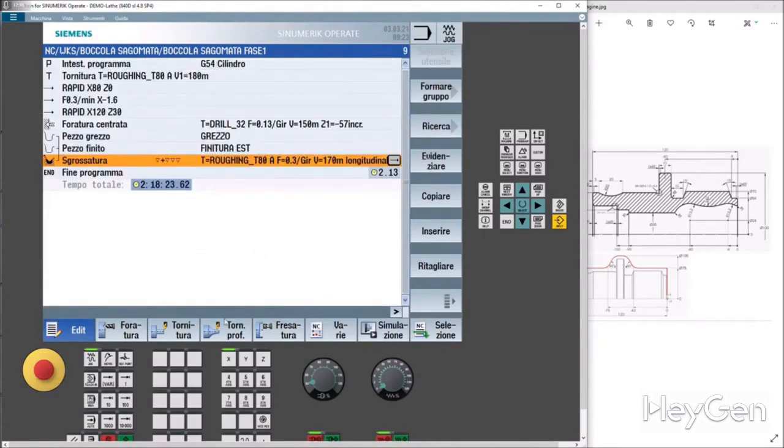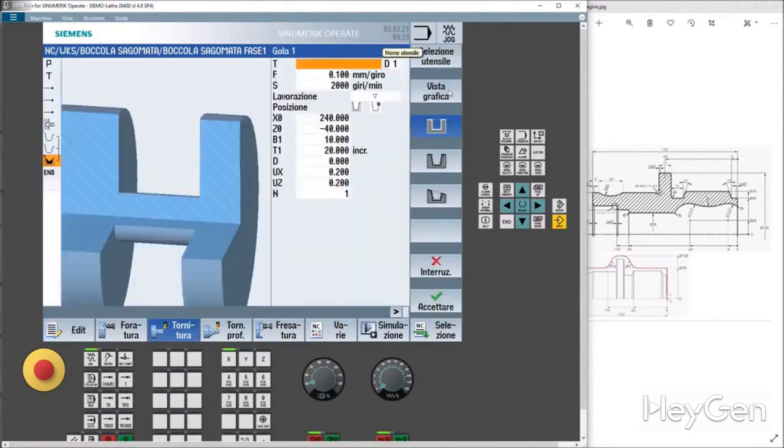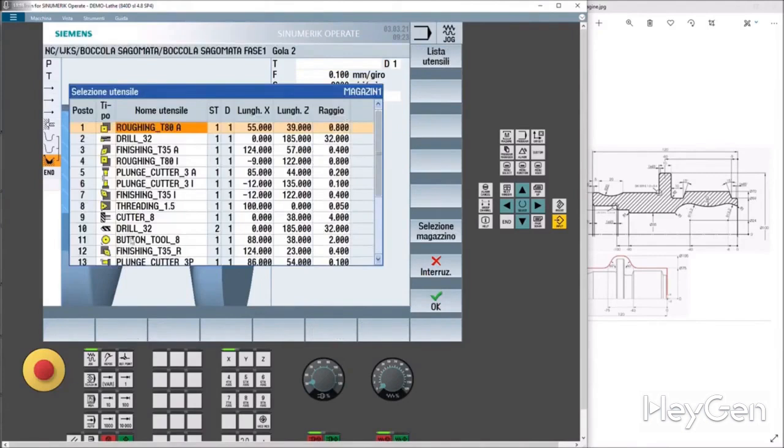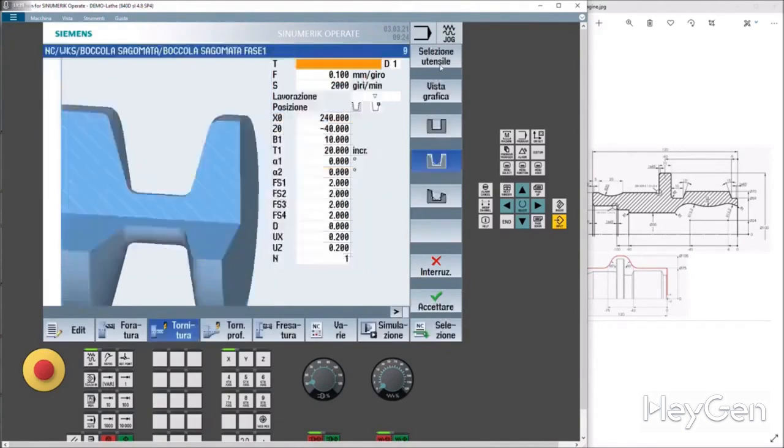We're going to create this nice groove from the menu, turning drain and groove. Here it is. How is our groove? Our groove, does it have flat walls? No. Our groove has walls with inclinations and radii. Let's define it. Let's select a tool. We can do it. We have a groove of 10. I would go to take it. Obviously, you take the one that is as thick as possible. Do you see that it's 3? Let's go to the tool list.